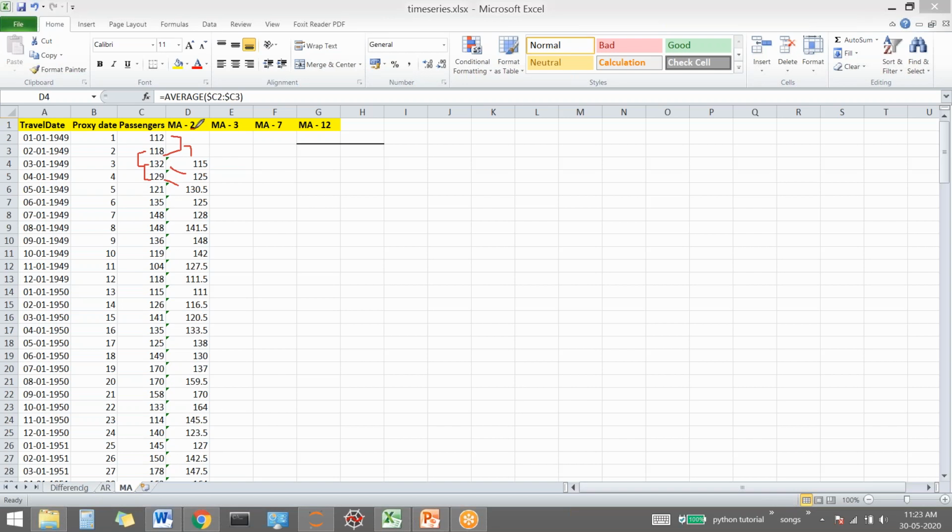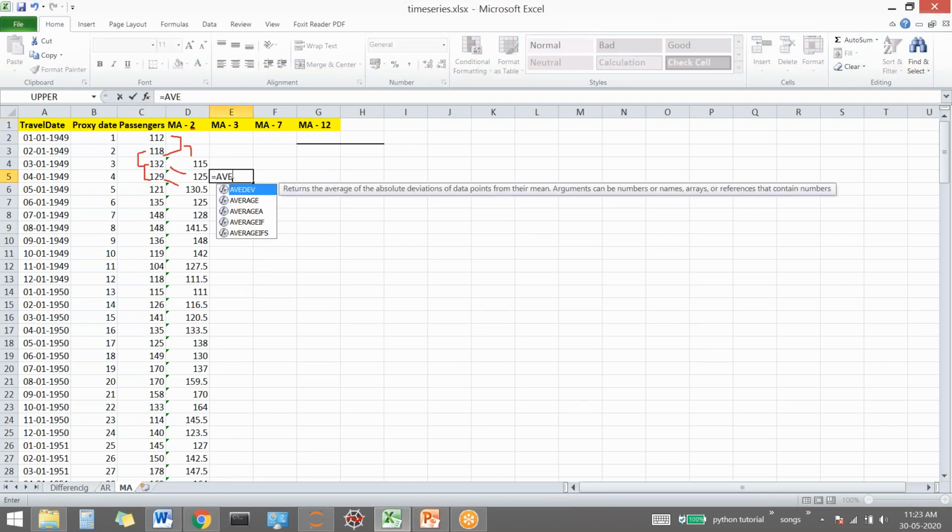So because what was my size? Window size was 2. तो पिछली 2 महीने की, because this is a monthly data, so taking past 2 months data and averaging their values and making prediction for the third month. So this is the moving average when window size is 2. If the window size was 3, तो हम क्या करेंगे? Initial 3 values को average out करेंगे, and that will be prediction for the fourth month.